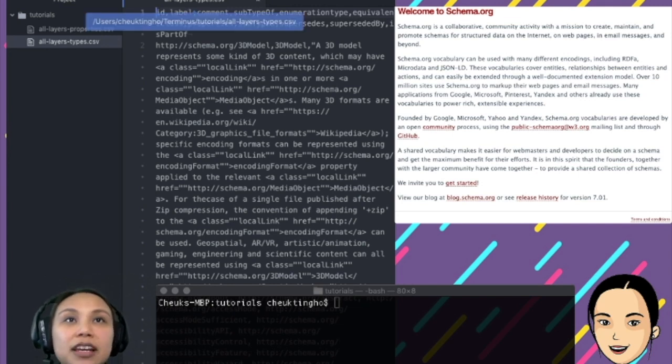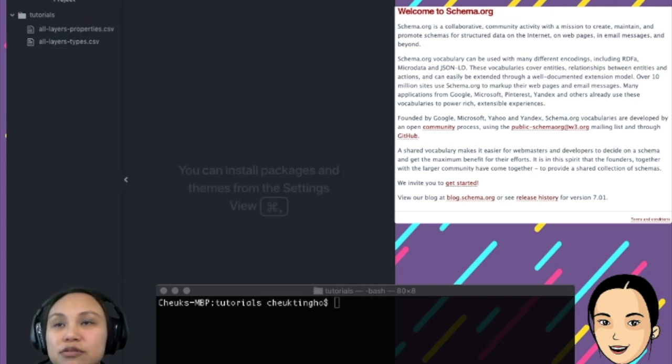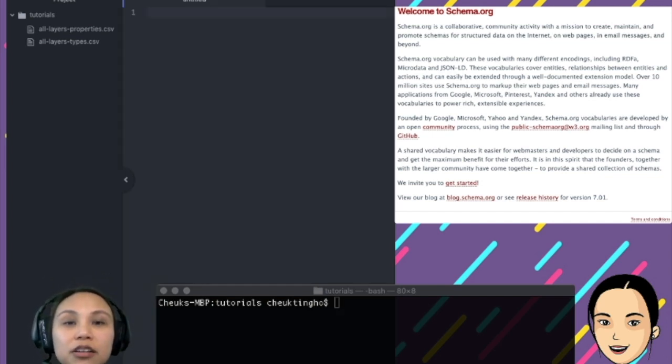So now we want to build a schema. Let's create a new file. Right, so we're going to start coding. First of all, I think what I have to do is import the library that we are using.